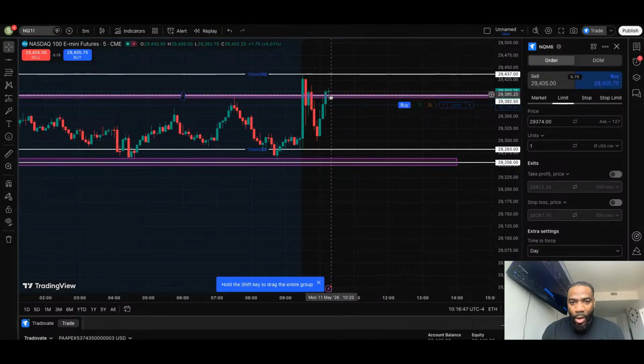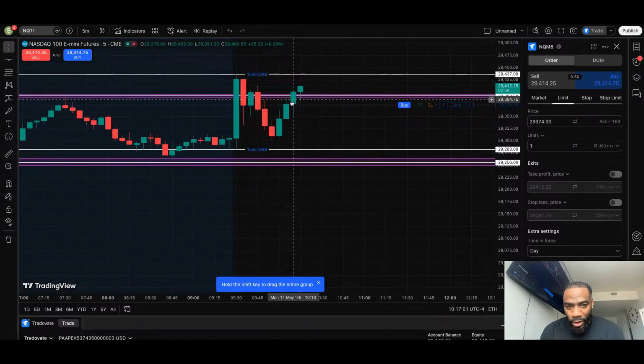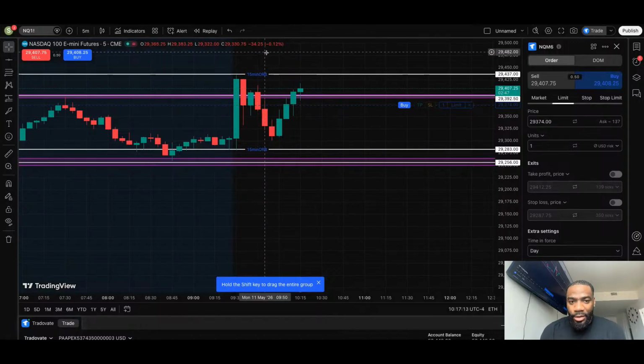The only way I will buy, and I'm looking for buys, is if it comes up and then shows that this is support, and then I'll take it up. An aggressive trader would see it break this level and then take the buy, which is not bad or anything, but you can get faked out. In this instance, this candle broke through it and didn't necessarily continue to buy. It wound up selling right after.